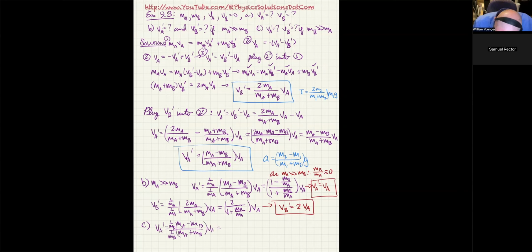So in this case, we get MA over MB minus 1 over MA over MB plus 1 times VA. And as MB becomes much, much greater than MA, then MA over MB becomes zero, and we get basically